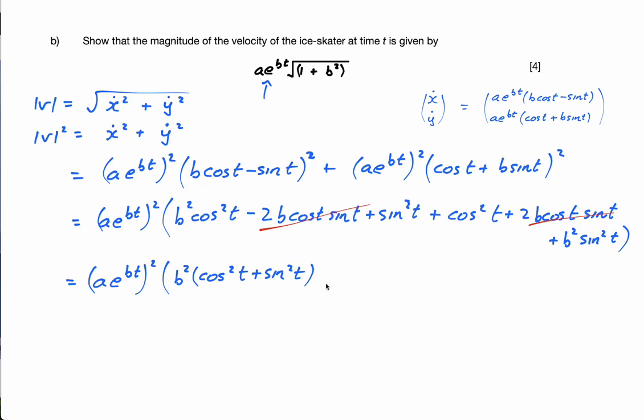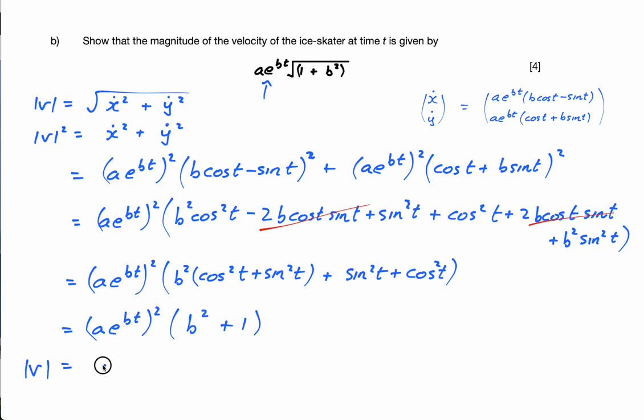And then here I have another sine squared t plus cos squared t. Let's write it like this, sine squared t plus cos squared t. That's just this plus this. And this is 1, so I'm just left with b squared. And this is 1, so I'm just left with b squared plus 1, which is great because that's what I want here. So therefore, the magnitude of v is equal to the square root of all this,